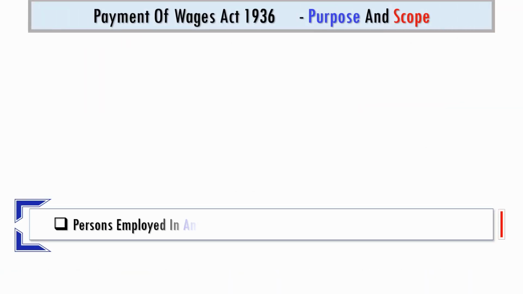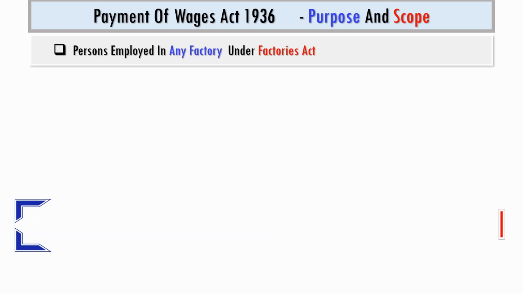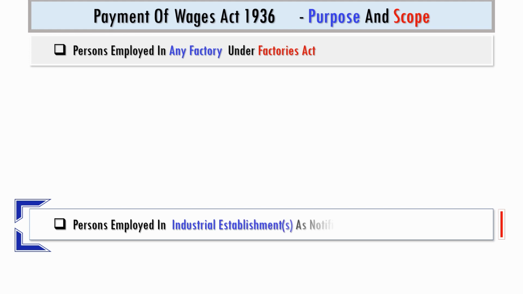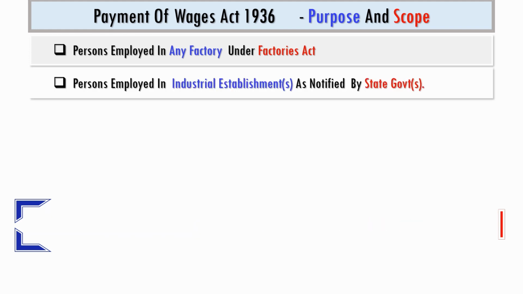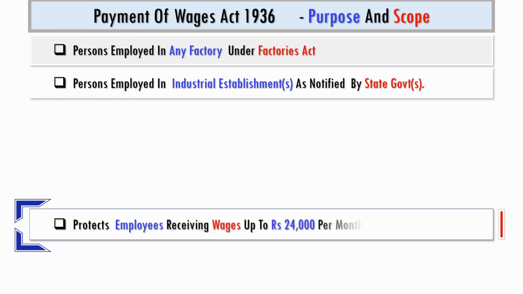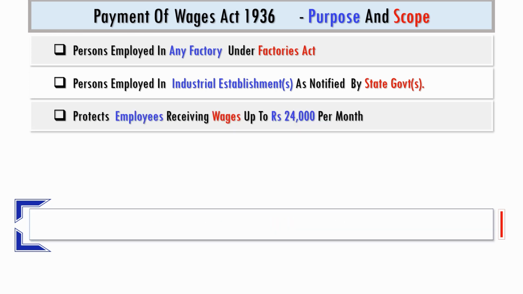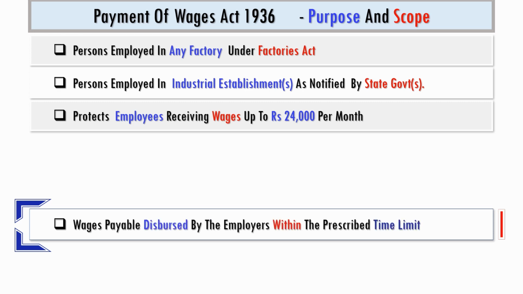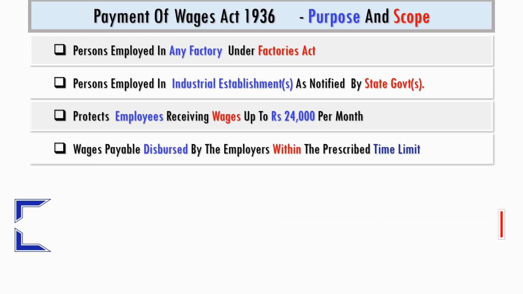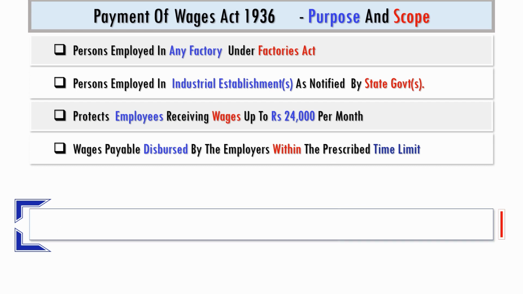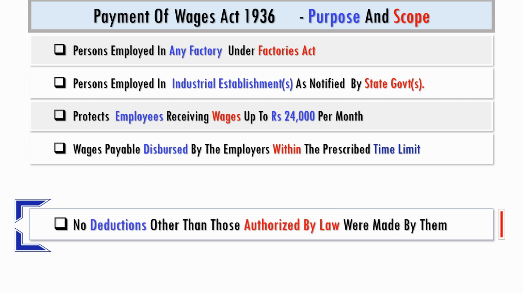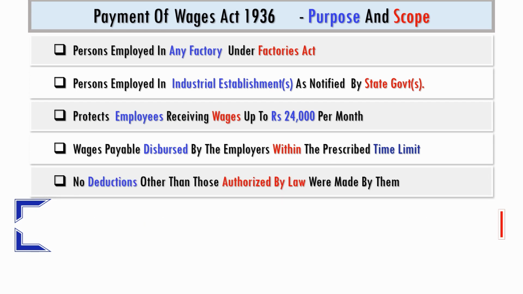Payment of Wages Act covers persons employed in any factory under the Factories Act, and it will also cover those who are in industrial establishments as notified by state government, and the salary limit is up to 24,000 for coverage under Payment of Wages Act, and the purpose is twofold. Wages payable are to be disbursed within the periods prescribed, and there should be no unauthorized deductions from the amount